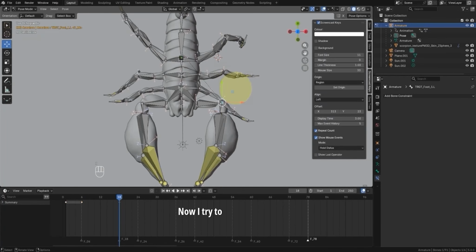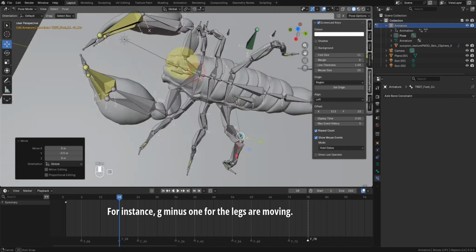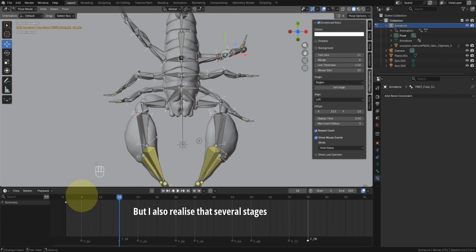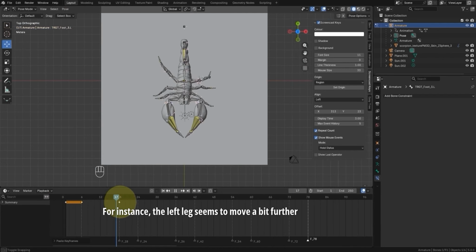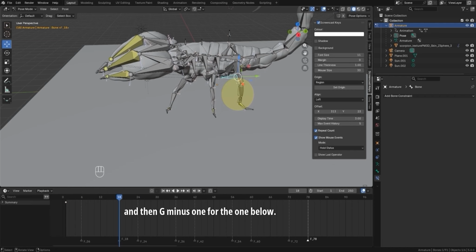Now I try to use the same value, for instance, GY -1 for the legs that are moving, but I realized that at several stages, the distance of the legs were a bit different. For instance, the left leg seems to move a bit further forwards than the other legs which are in front, the one on the left and the one on the right in front. So I tend to use a GY -2 for the back leg, and then GY -1 for the